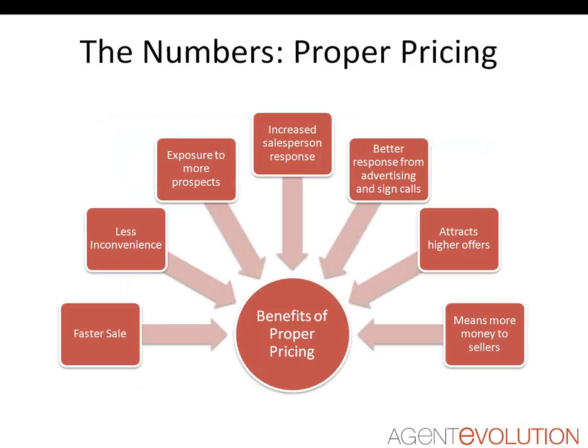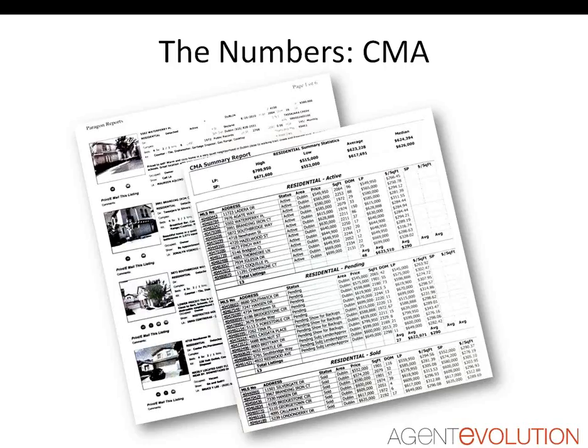And, of course, they may want to get to the meat, which is giving them what they've been waiting for, the numbers. But first, I think it's important to explain the benefits of proper pricing, how it can attract higher offers and actually make for a faster sale, and also so they get an idea of where you're coming from when you hand over the CMA, which they'll be waiting with bated breath to have access to, those active, pending and solds in the last 90 days.